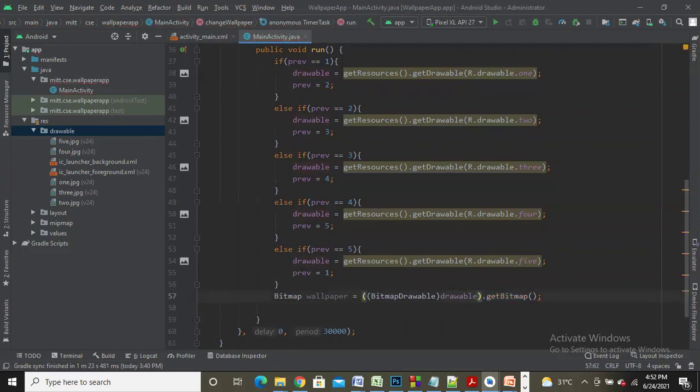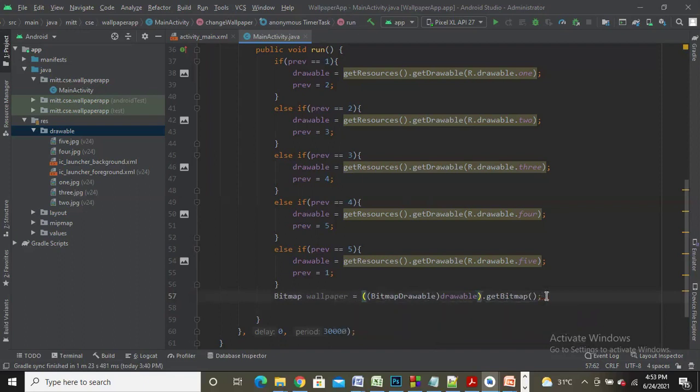Okay. So as I clearly told you, every image we are going to display in the format of a bitmap, which is the simplest format in case of a drawable class. So I'll declare a variable of type bitmap. For this variable, which is named wallpaper, I'll point the drawable variable, where a drawable is going to contain a wallpaper based on the preview value. Now, before it gets assigned to the wallpaper, the drawable object should be converted into a bitmap drawable format. Then I should assign it to the wallpaper, and this is what is done here.